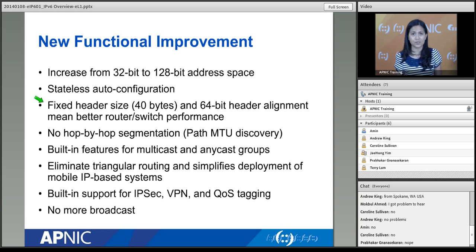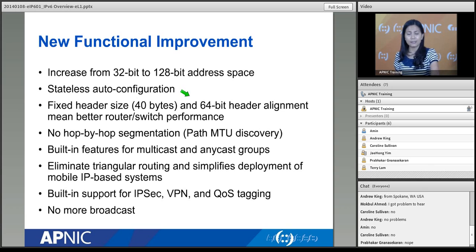Why is that? Because your router does not have to spend some time, even if it's just a few nanoseconds. But if it has to do it per packet and it receives millions of packets every time, then it adds up. So a fixed header size can eliminate that extra time that it takes for your equipment to do these checks and to do these calculations.